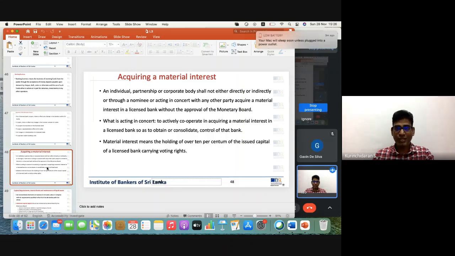Why? It says not only one individual, but also those acting in concert. So a few people can get together and try to buy or hold the shares. Why is it prevented? Because if somebody gets the opportunity to control the bank, they can do unfair treatment, and personal gain can also be obtained through that kind of control. So the central bank regulations clearly prevent those kinds of acquisitions.